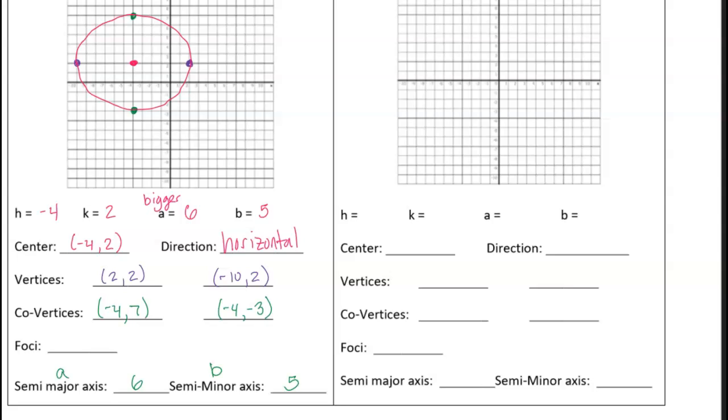And last but not least, whenever you're being told to graph an ellipse, it's not required that you graph the foci, but I'm just going to graph them here just so I can see exactly what I'm trying to find. So I'm trying to find the foci, but in order to know the foci's coordinates, what do I need to solve for first? c, good. And remember, we can find c by using the formula a squared minus b squared,